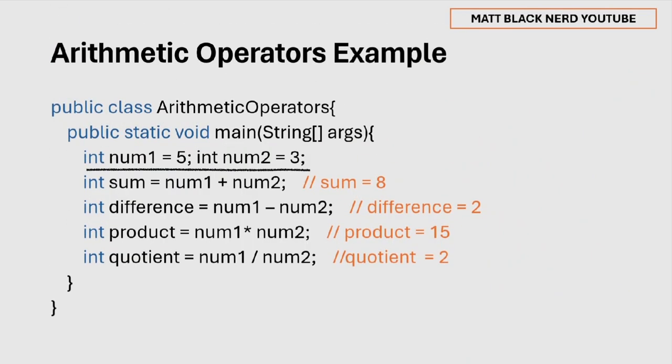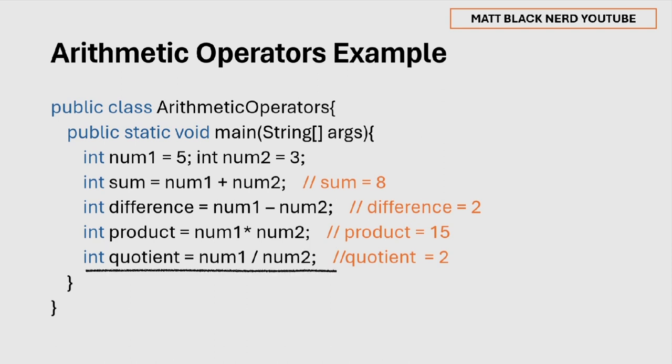In this statement, the num1 variable of type int is initialized with value 5. The num2 variable of type int is initialized with value 3. In this statement, the num1 variable value is added to the value of num2 to get a sum of 8. In this statement, the value of num2 is subtracted from the value of num1 to get a difference of 2. In this statement, the value of the num1 variable and the value of the num2 variable are multiplied to get a product